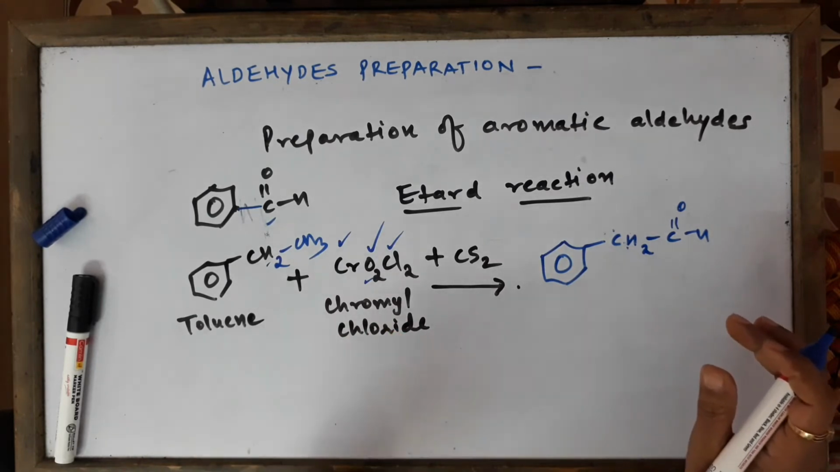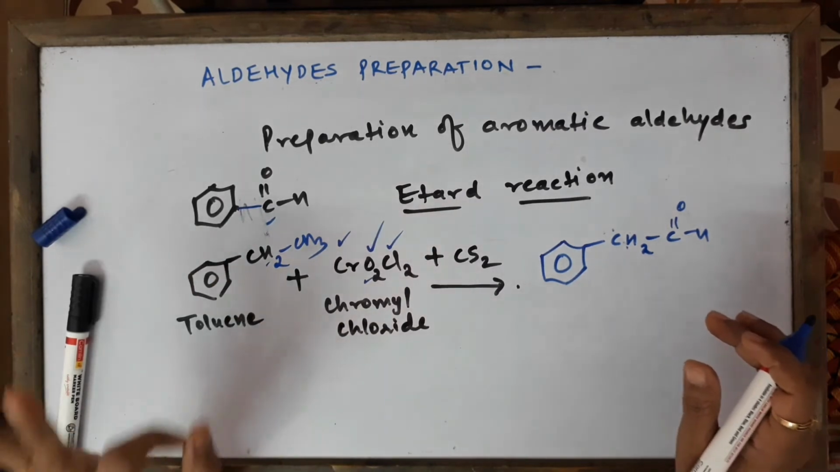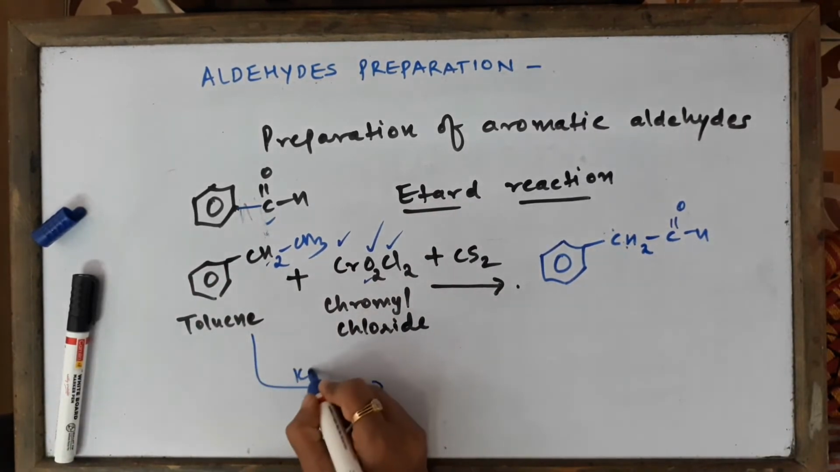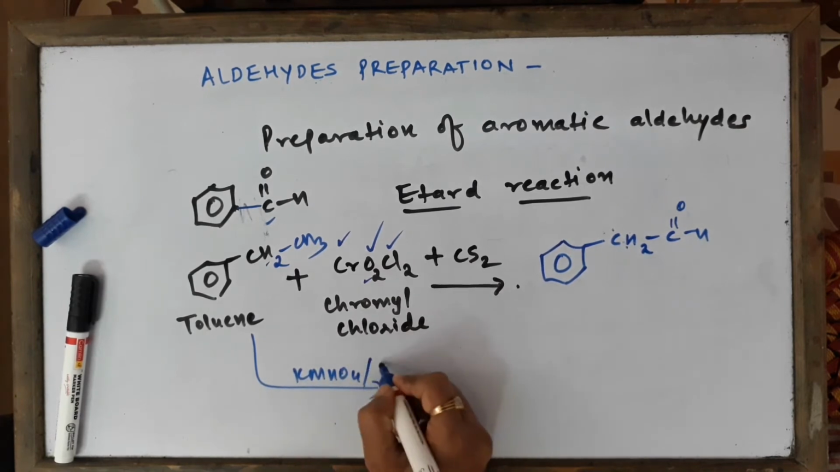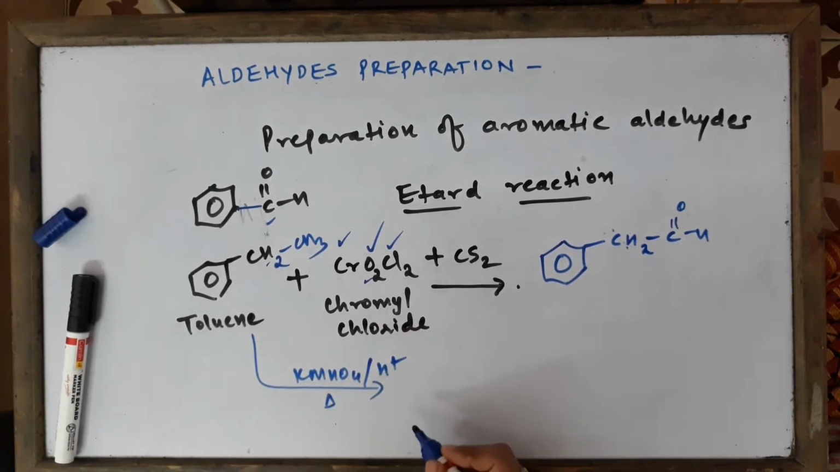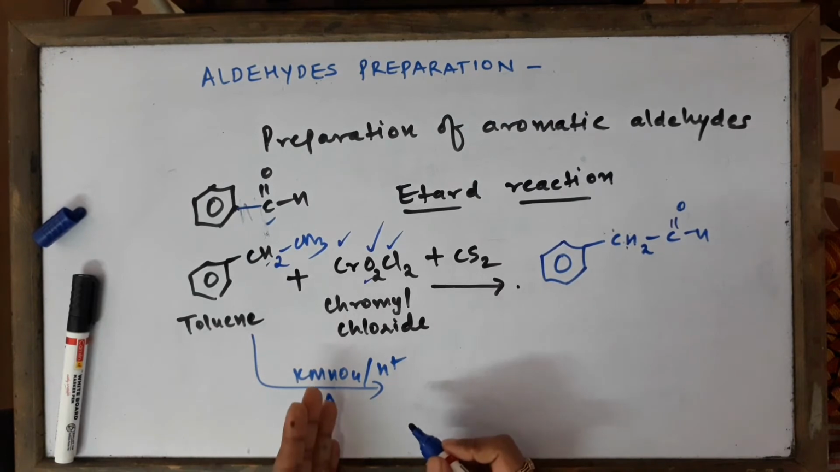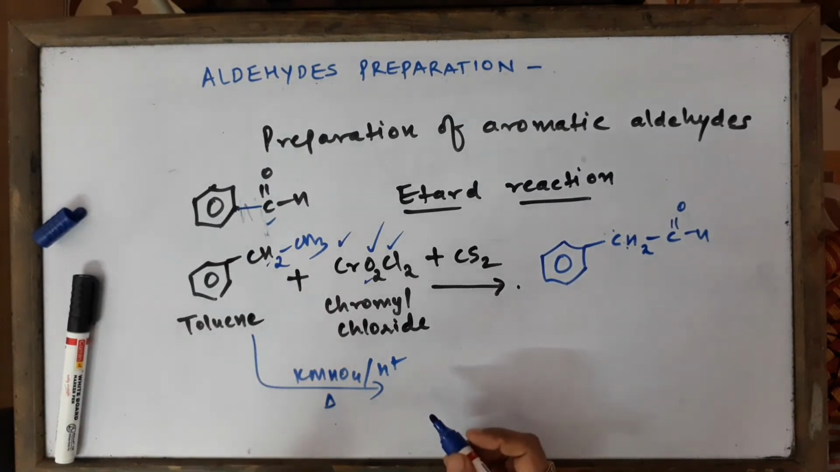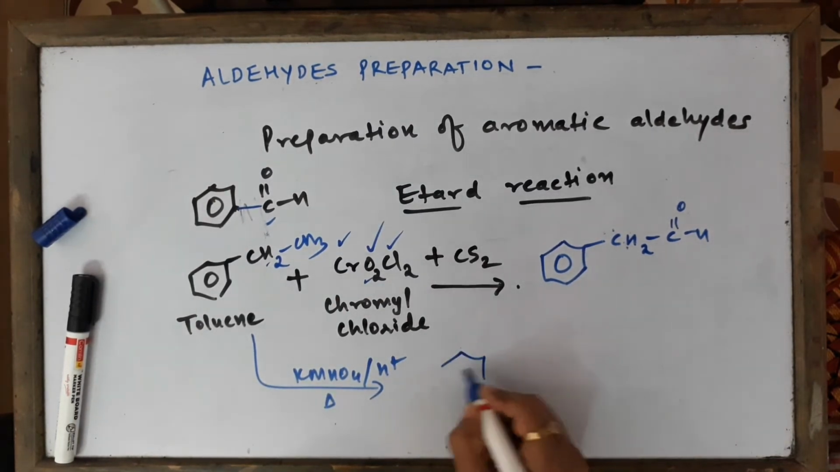It is going to oxidize the terminal CH3 of the aliphatic chain. But if somebody wants to carry out this oxidation with a stronger oxidizing agent like potassium permanganate or potassium dichromate in H2SO4, they are very strong. What will they do? They'll break up the entire chain. They are going to break up the entire chain, and you are going to get